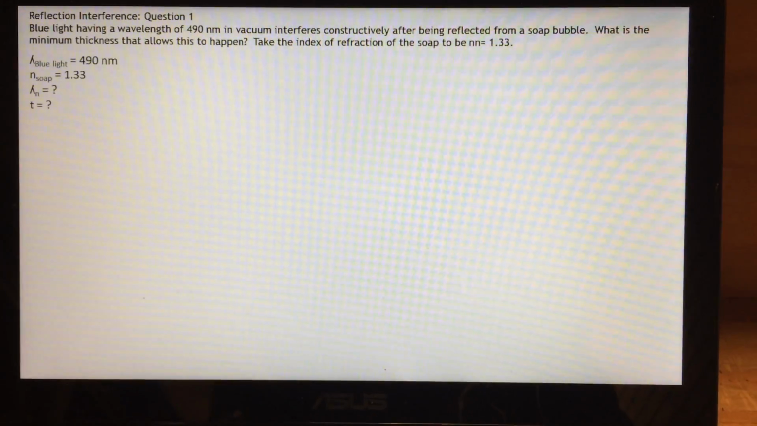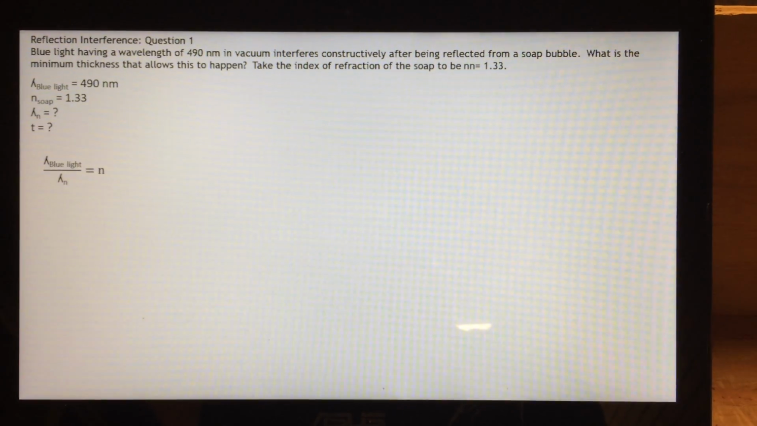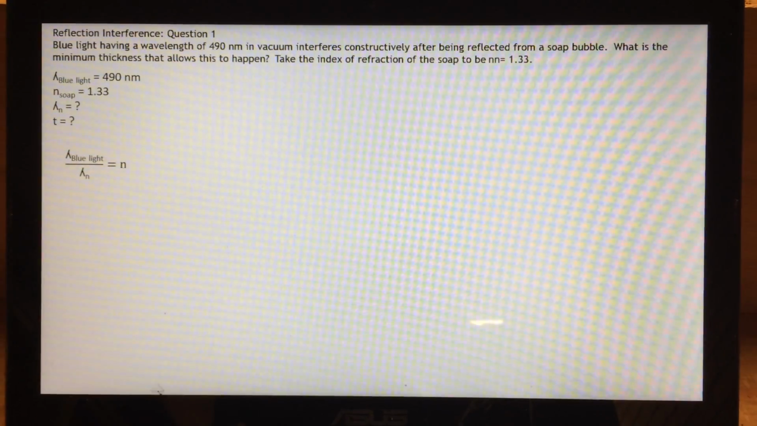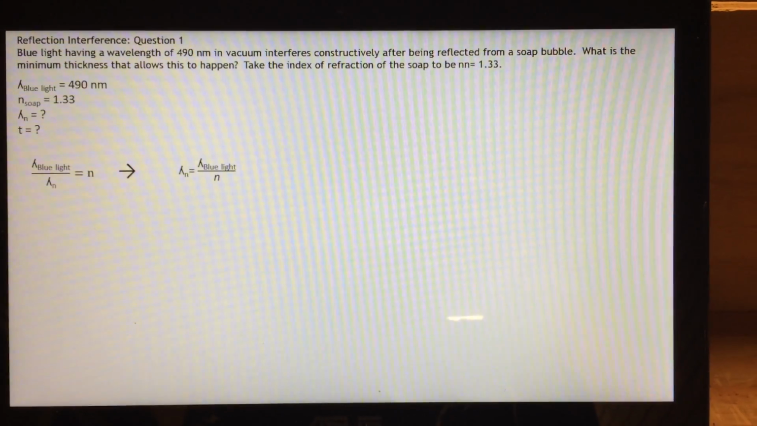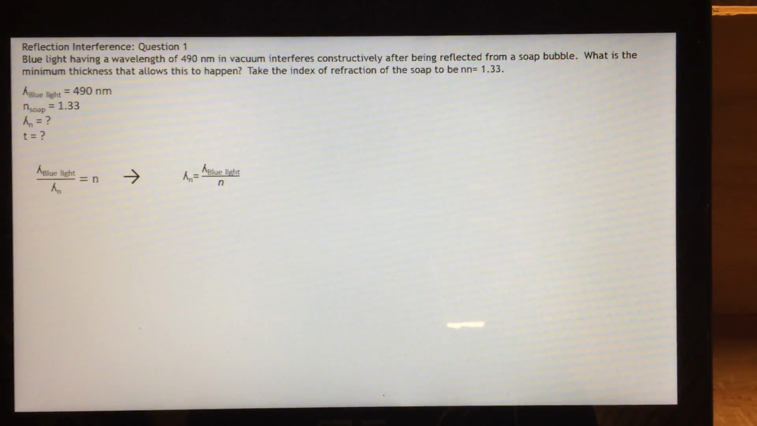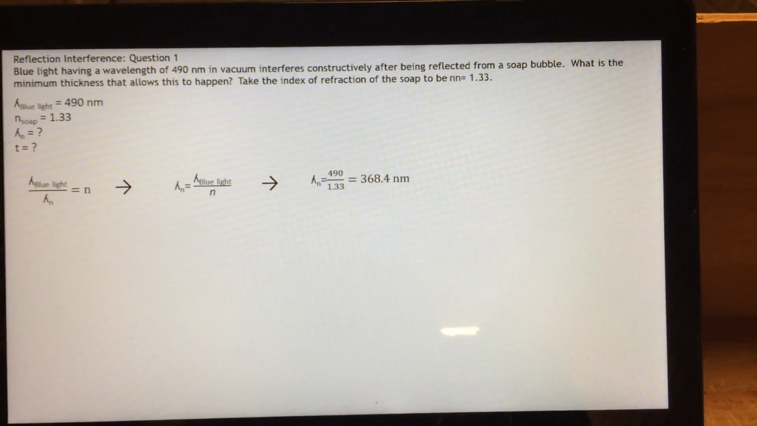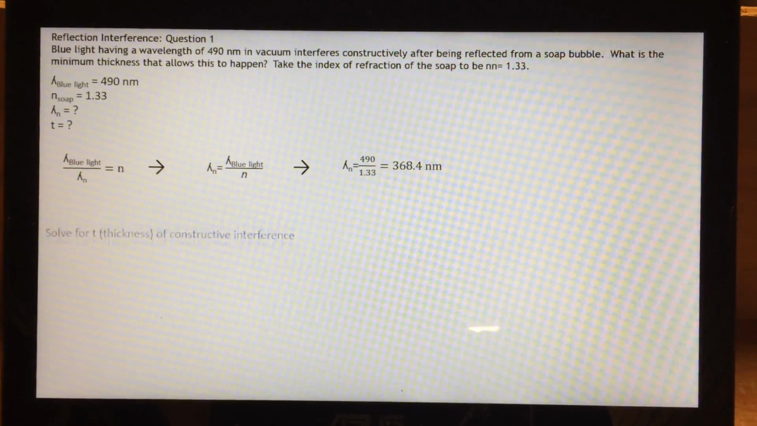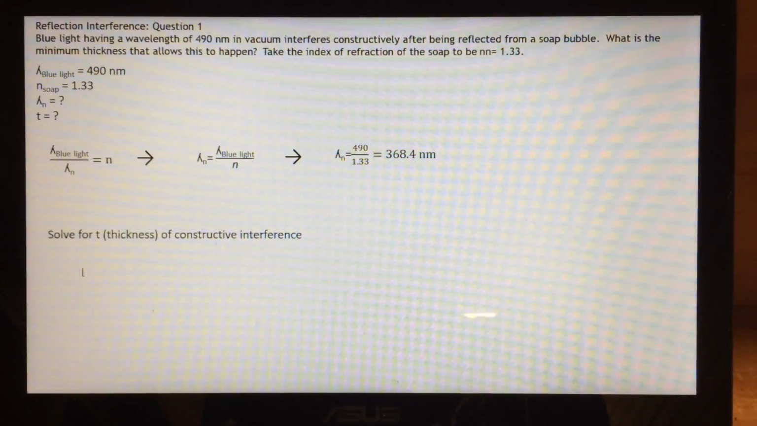First of all, we find the wavelength of blue light in the soap using the index of refraction of the soap. We start with this formula and we rearrange it to this, and we have our value of our wavelength of blue light in the air, and we divide it by our given index of refraction of the soap, and we get 368.4 nanometers. Then we need to find our T, thickness of the constructive interference, and we use this formula,